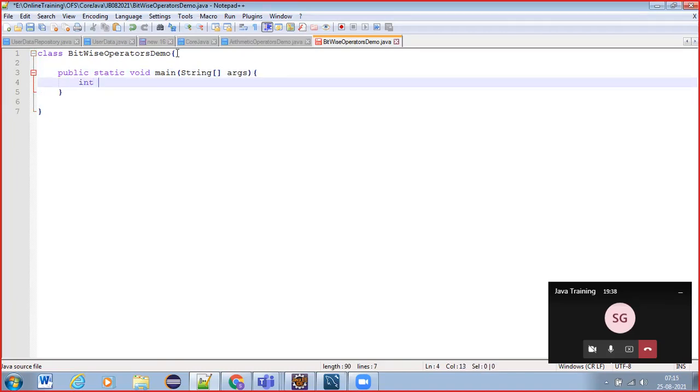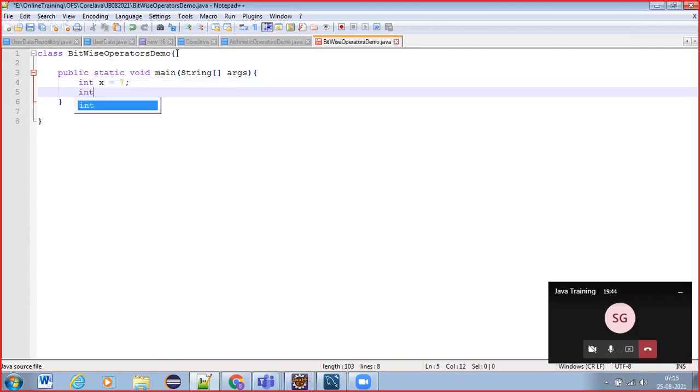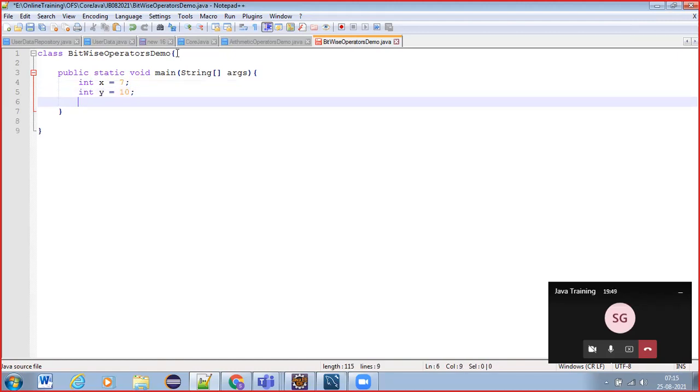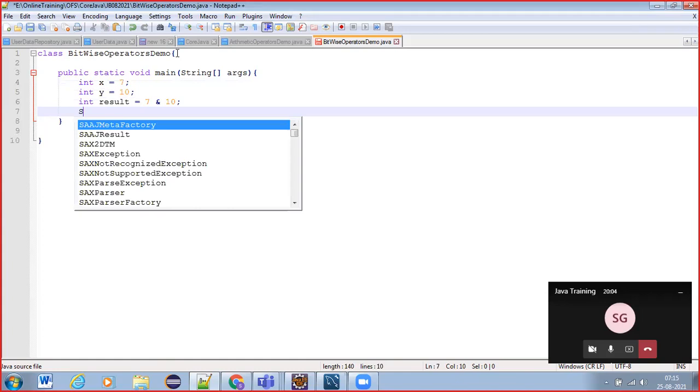Now int x equals 7, int y equals 10, then int result equals, how can we apply the bitwise operator? 7 and 10, like this you can write. Now, let's print that.